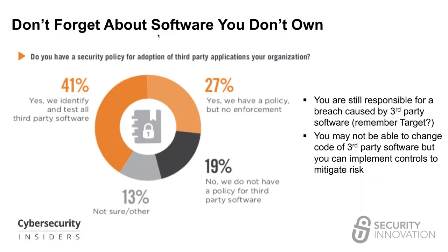It used to be the good old days, I'm reminiscing here, when organizations developed software, they actually wrote their own code. That is far from the truth today. There are loads and loads of open source libraries that are copied and pasted. You're dependent on many third parties for software, whether it's SaaS software, database software, supply chain software, ERP software, and much of that you don't control in terms of the code level. So you have to understand what security vulnerabilities and what threats you might be inheriting when you're using those software applications. And you have to consider them as part of your attack surface and take the same approach of least privilege and